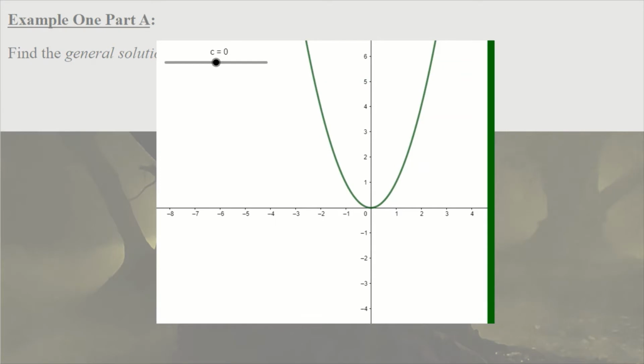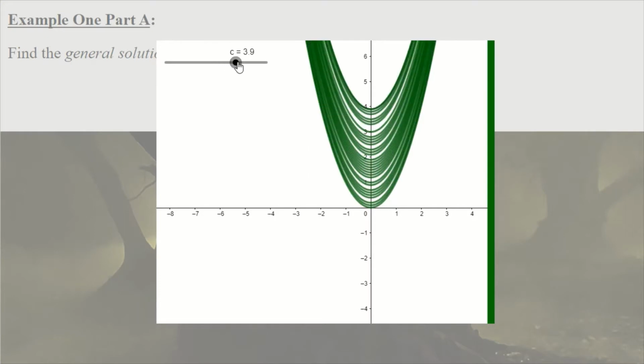What I'd like to show you now is a graphical representation of what we mean by general solutions or a family of solutions. And the green curve you can see in front of you is the curve y equals x squared with y-intercept at the origin. And you can see here that we've set the c value, the y-intercept, at 0 specifically, and we have a slider here which we can vary our c. What will happen is if I put the trace function on and just drag this c to make it more positive, up to 10, you can see this generates a